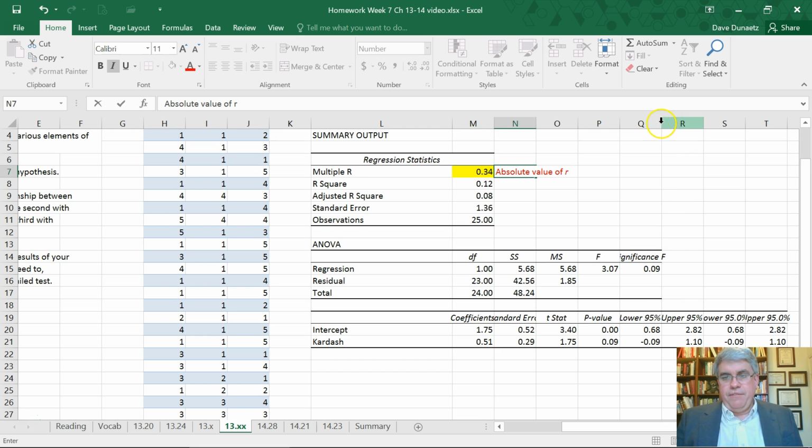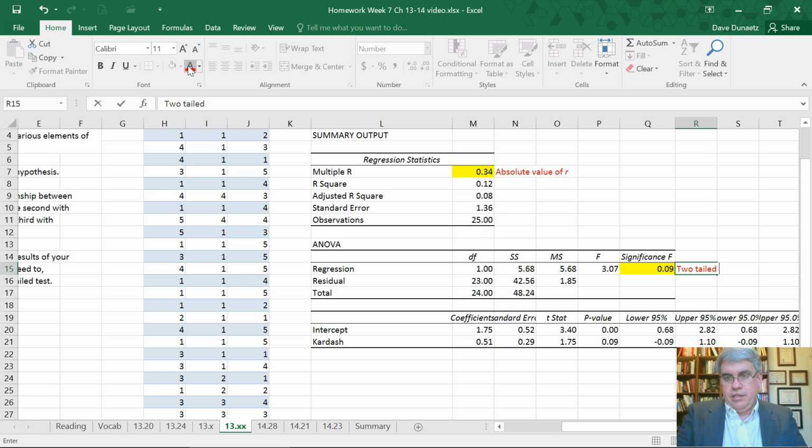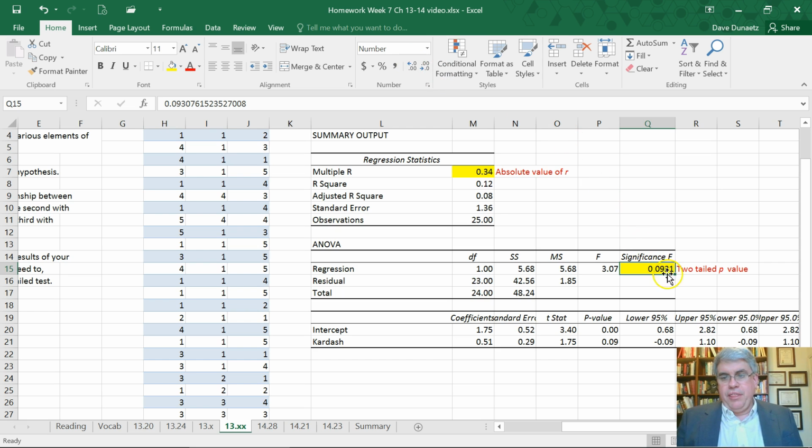And here we've got the significance of R. And now remember, this is the two-tailed p-value. And so the one-tailed p-value is going to be half of that. So let's get some more decimal points there. So 0.934. So we can say that the one-tailed p-value